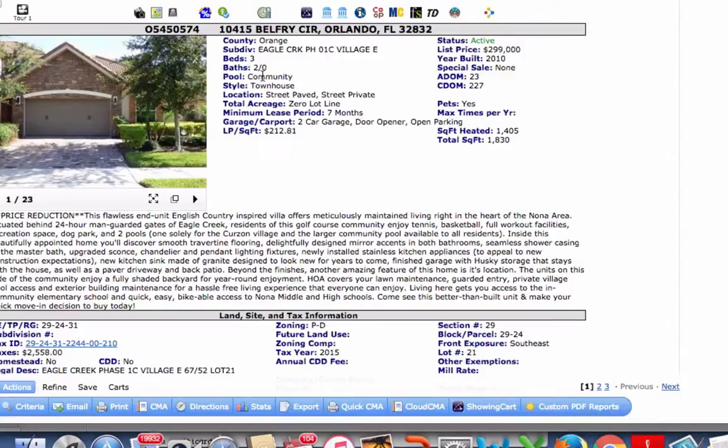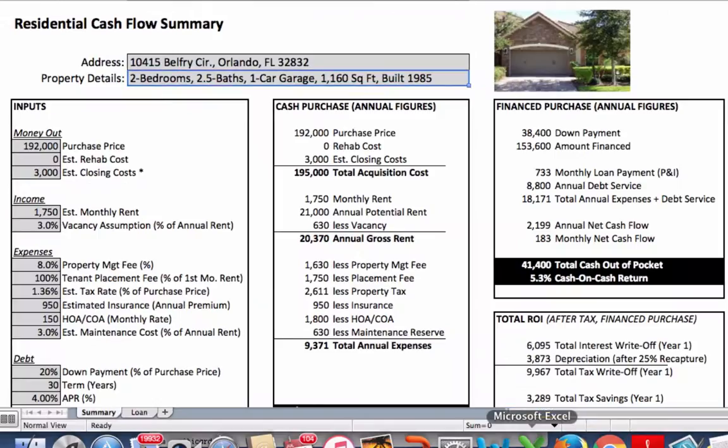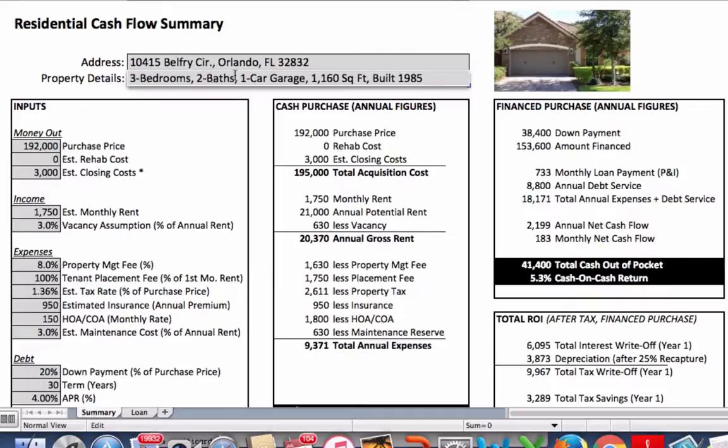3-bedroom, 2 full baths, 2-car garage, built in 2010 and it's 1,405 square feet. So let's put in here, we'll just use some of that. 3 bedrooms, 2 baths, 2-car garage, 1,405 square feet, built in 2010. So that's the basic information, and now we're going to go to the purchase price, which is $299,